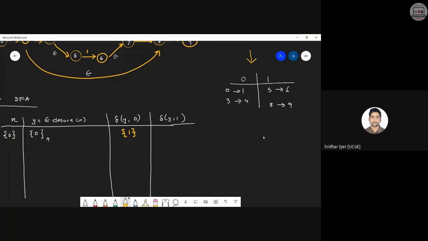Cool. I'm simply revising this question once again because there was a gap of 3 to 4 days in between. Similarly, is there a transition of 0 on 1? No. I can't see any transition of 0 and 1, so simply put it as a blank set, which is having no characters inside it. Clear with this? We can't write a null over there. It is a blank set or an empty set. We can say that. Clear with this?